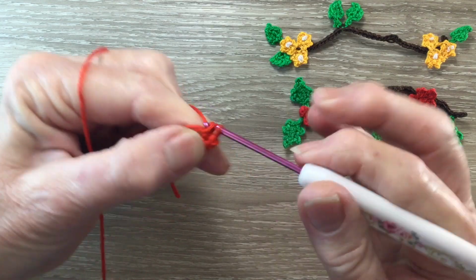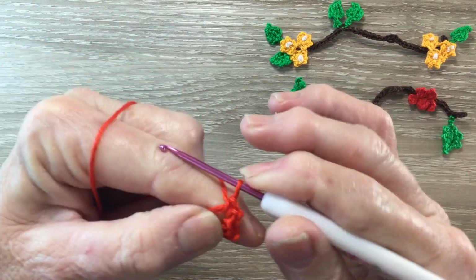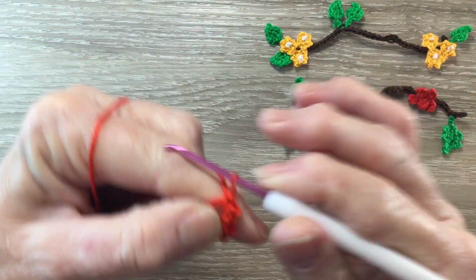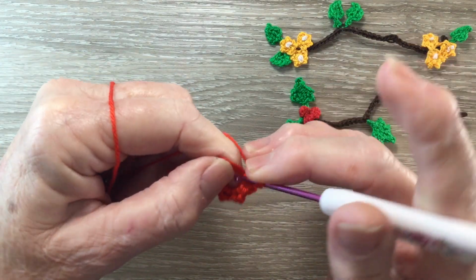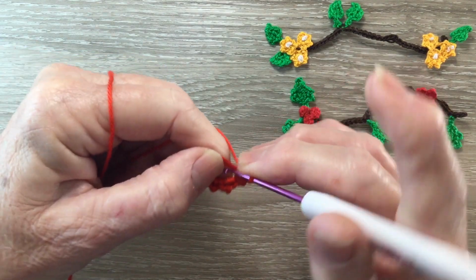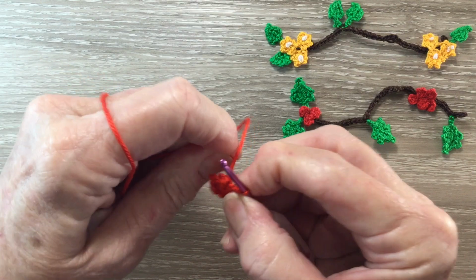A single crochet and then 2 chain. A single crochet in the circle and 2 chain. And a single crochet in my circle and 2 chain, and one more, a single crochet into the circle and 2 chain, and then work a single crochet into the circle and pull your circle tight,